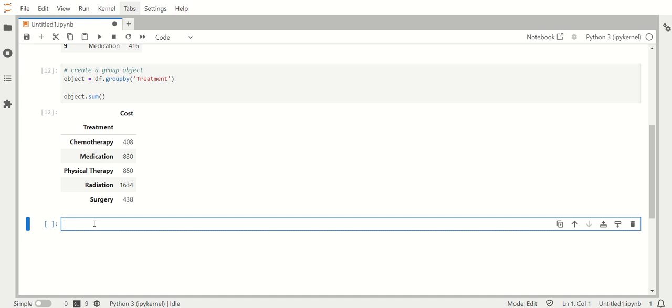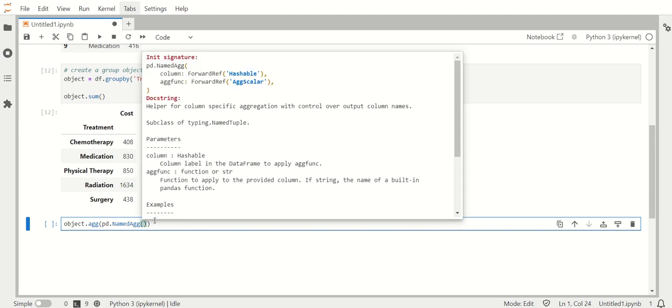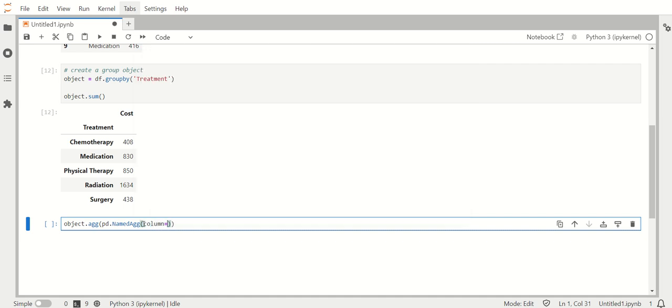The syntax is you get your object, and then there is an aggregate function, and within the aggregate function there's another one called pd.NamedAgg, just like we saw earlier. NamedAgg takes a couple of parameters: a column parameter, what column you are going to aggregate on, and then the aggregate function, what you are actually going to do with it. So let's do that. The column is going to be the cost column, and the aggregate function is going to be sum,